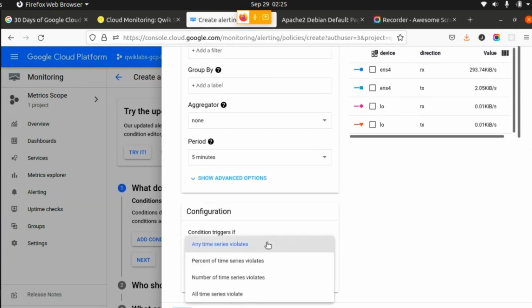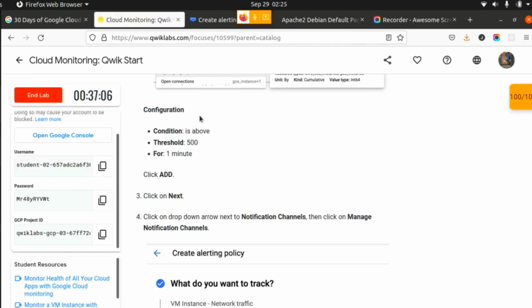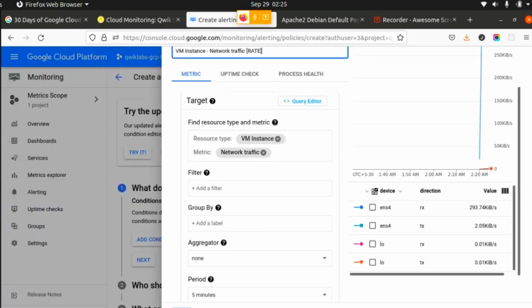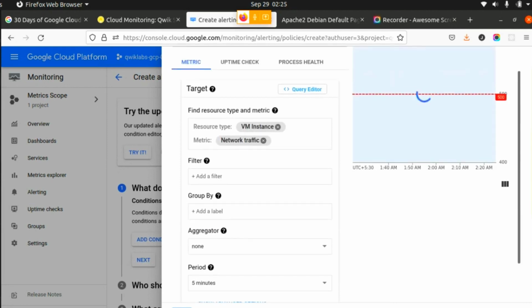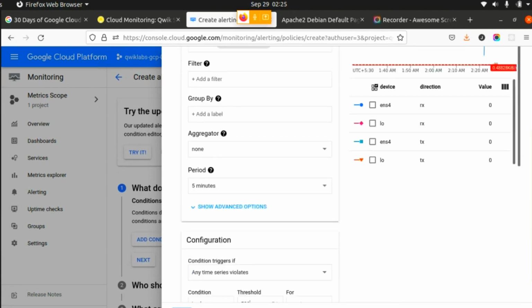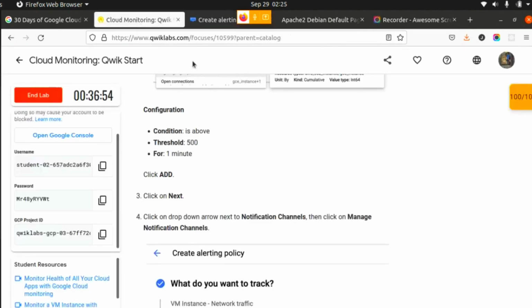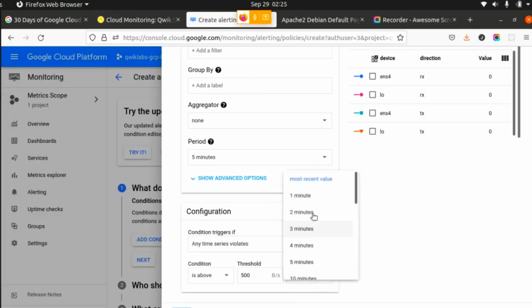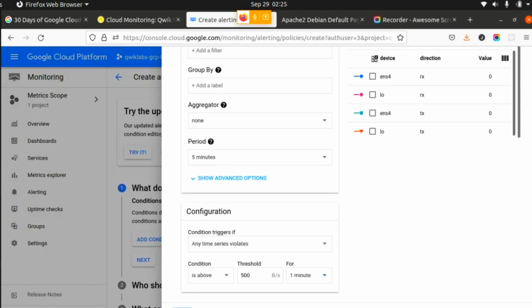Threshold is 500, for 1 minute. Okay, after that I have to click Add and click on Next.